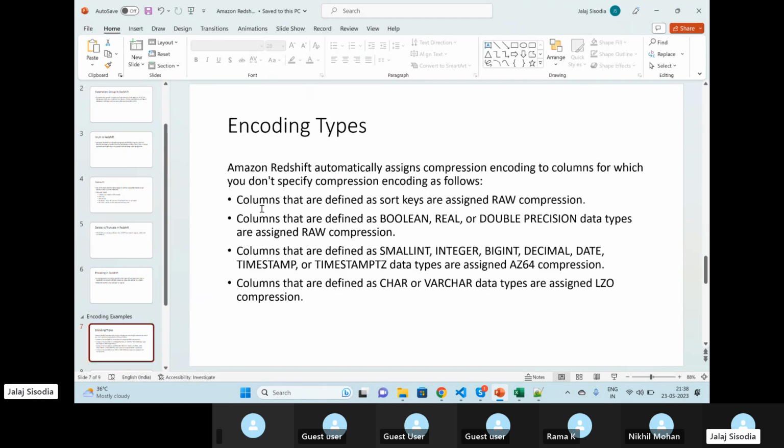For our sort keys, whenever we define sort keys in the table, we should not encode that particular column. So basically it says assign raw compression, which means no encoding should be assigned for your sort key. So whenever you use compound sort key or interleaved sort key, we should not define those columns in encoding. And whenever we define boolean, real, double precision, these kinds of data types, we should again use raw compression. Then whenever we use smallint, integer, bigint, decimal, that means numerical data types, and timestamp,